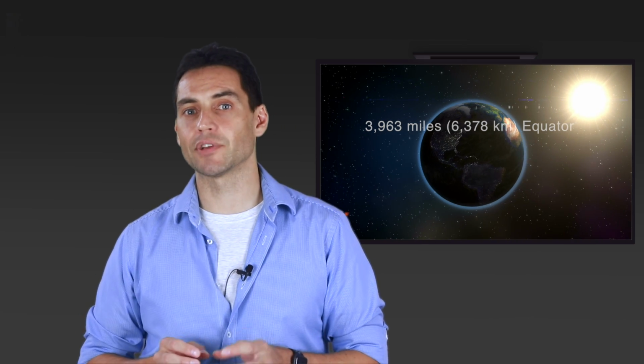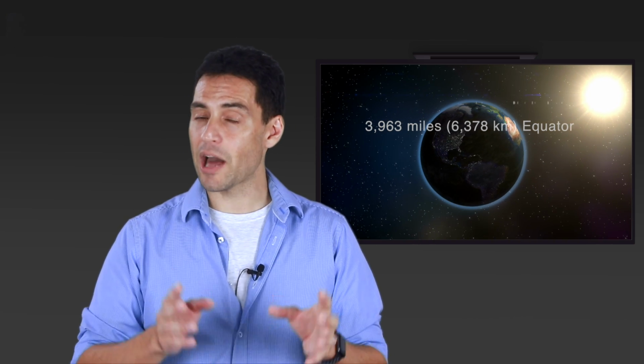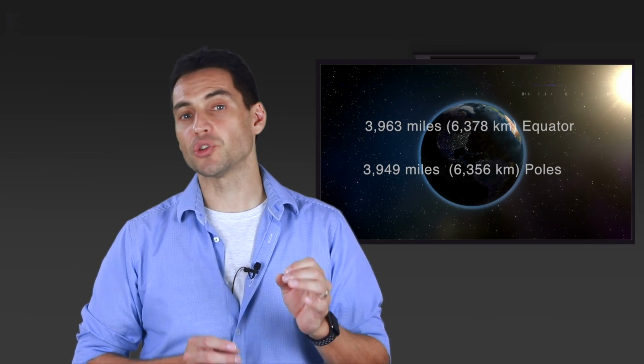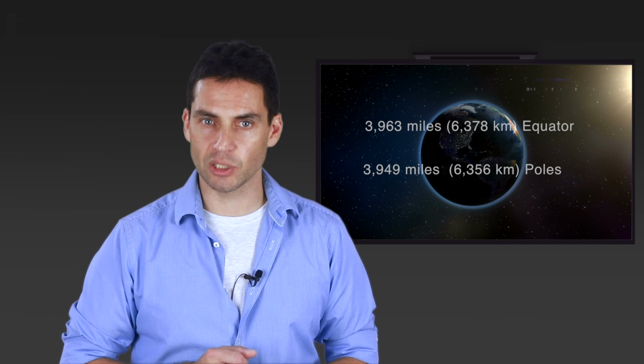In fact, it's only since the invention of space travel and mapping the Earth with extremely precise instruments that we've improved on his calculation. As it stands, the measurements as we know them today is that the Earth has a radius of 3,963 miles, or 6,387 kilometers at the equator. At the poles, though, it's 3,949 miles, or 6,356 kilometers.